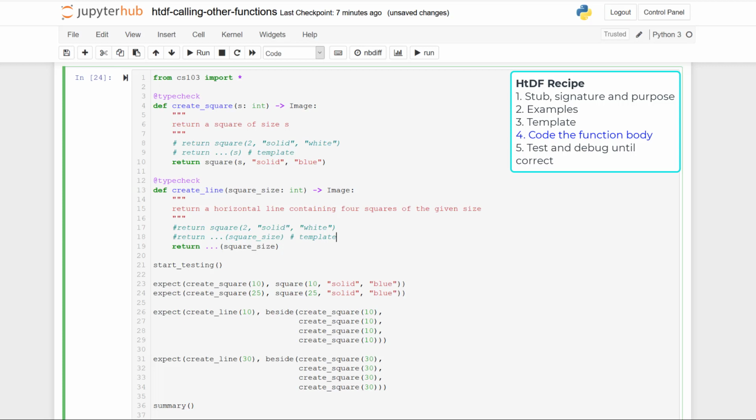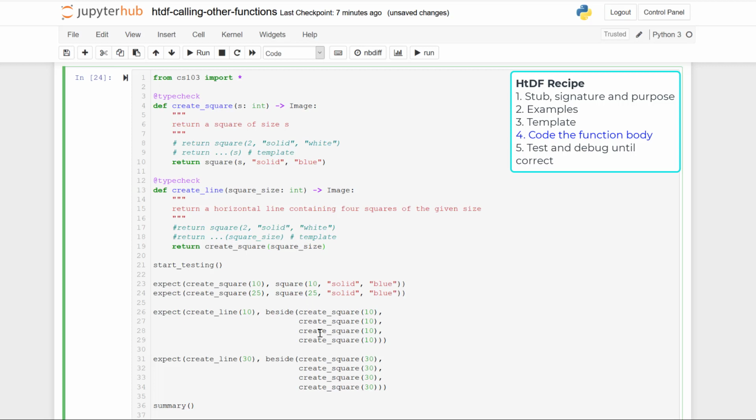We can use our examples to see that we can call create square. And in the first example, when the input is size 10, we call create square and pass it 10. In the second example, when the input is size 30, we call create square and pass it 30. So that tells me that what I want to do is call create square and pass it square size.